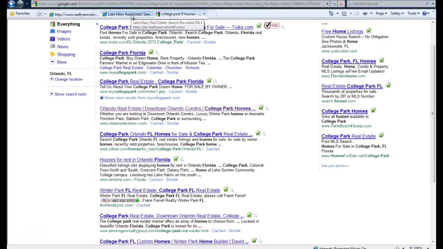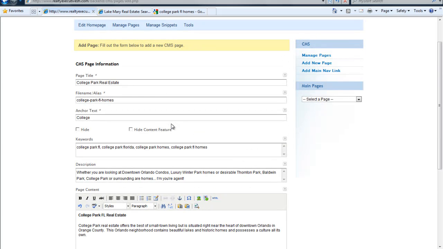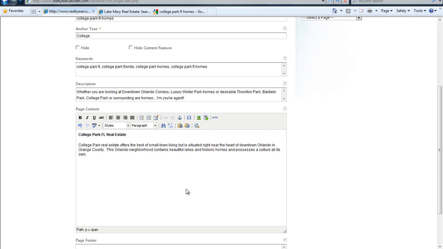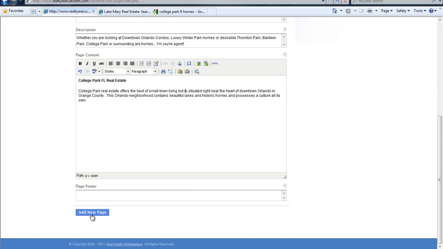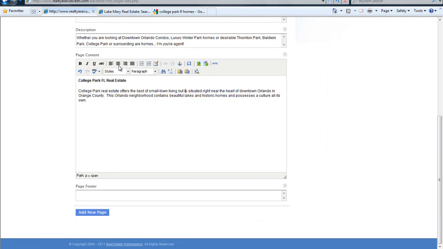So when I last left you, we were working on that landing page. We were going over heading styles. It looks like this is bolded here, but we've got a heading style. And if you ever want to see where you're going with the page while you're working on it,